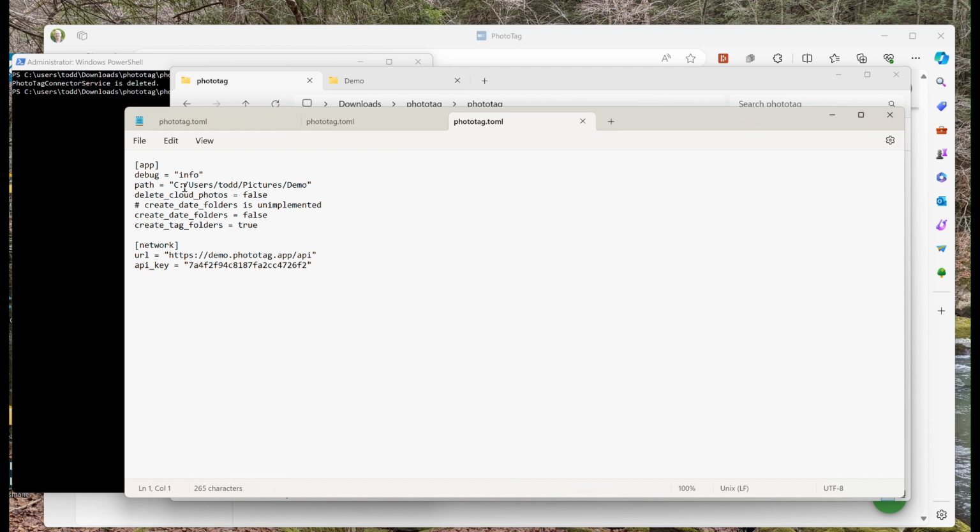You can see the path here. We're using /, and that's preferred within the configuration file. Deleting cloud photos is false. It can optionally be true. And we are going to create tag folders, so folders based on those green tag values. That's set to true. We've got an API key here, but it's old, so we're going to delete that and